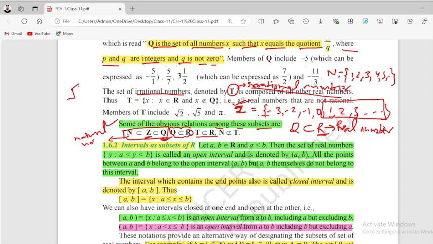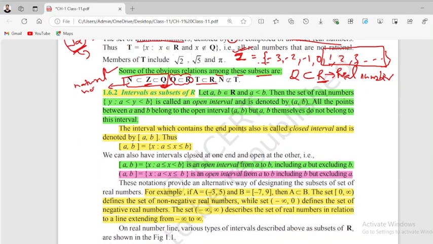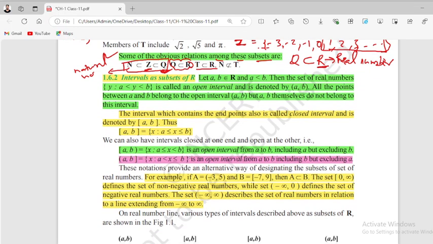Because of that, suppose we take the square root of 2. This is an irrational number, and when we solve it, we get 1 point something, so we get a decimal number. That's why this number does not represent a natural number, and so the natural numbers are not a subset of the irrational numbers. Basically, this is the representation for this, and after that comes the new topic, intervals as a subset of